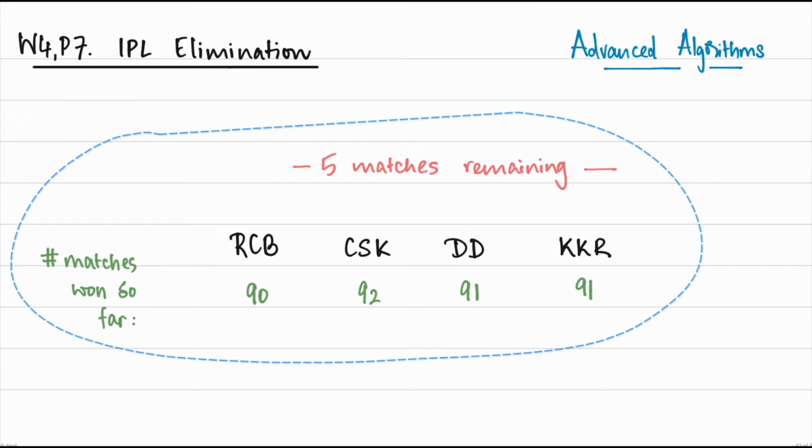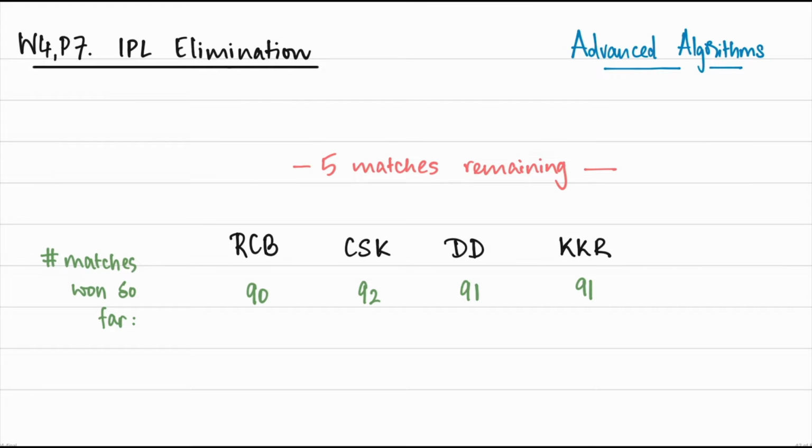So for instance, let's say that we have a situation where these 4 teams, Bangalore, Chennai, Delhi and Kolkata, have won a certain number of matches so far. And let's say those numbers are 90, 92, 91 and 91. I realize that these may not be particularly realistic, but let's just say that there's been a lot of cricket going on and they've played all of these matches, and by now they're pretty exhausted, so there's only 5 matches